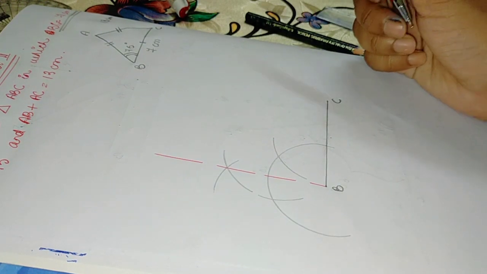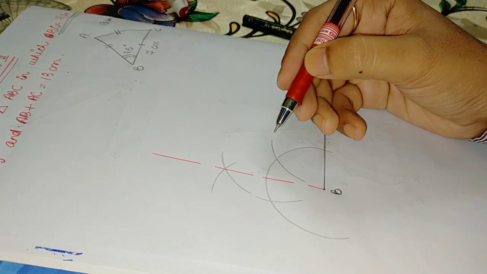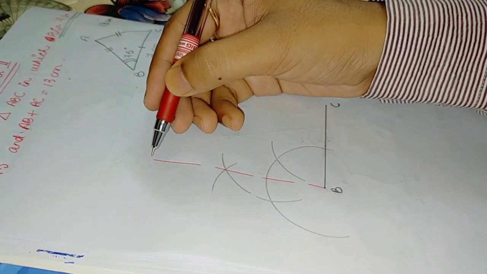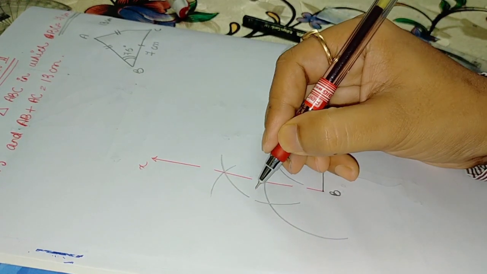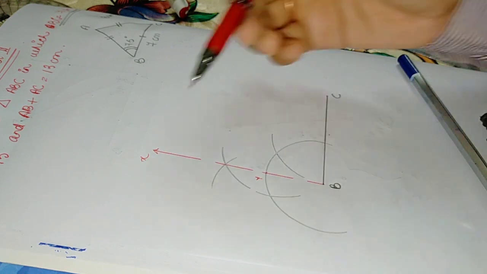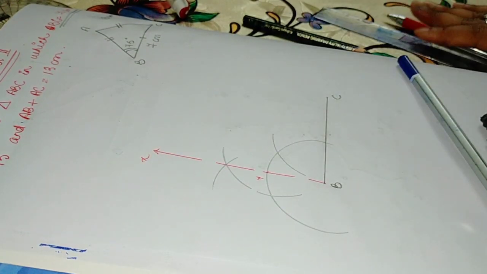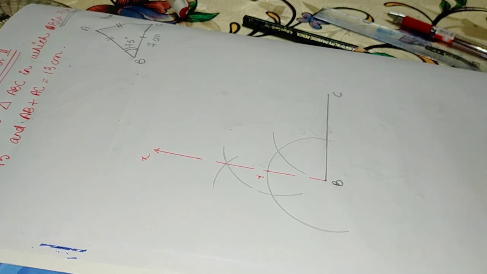Is that clear till this much? Okay. Now the point of intersection, that means this is the 90 degree angle. Say for example this is x and this is y. So at point y, the line segment xp is intersecting the arc, isn't it? It is cutting the arc at point y.